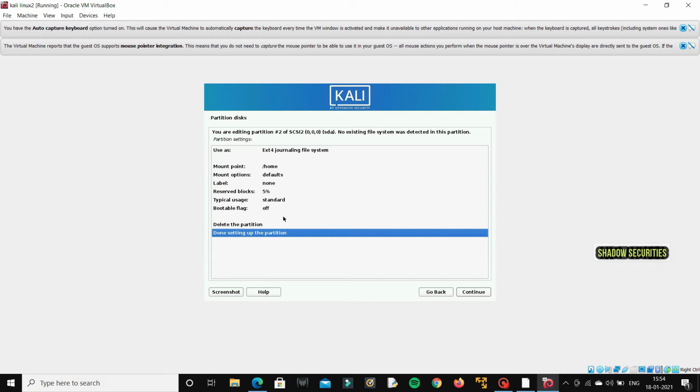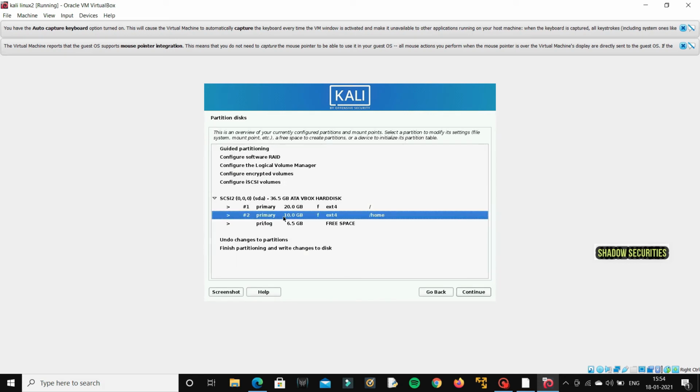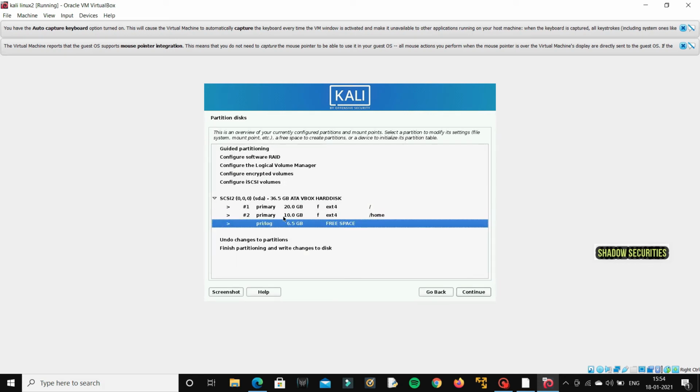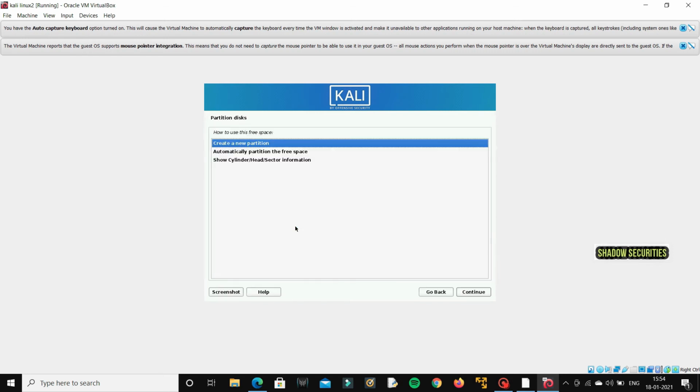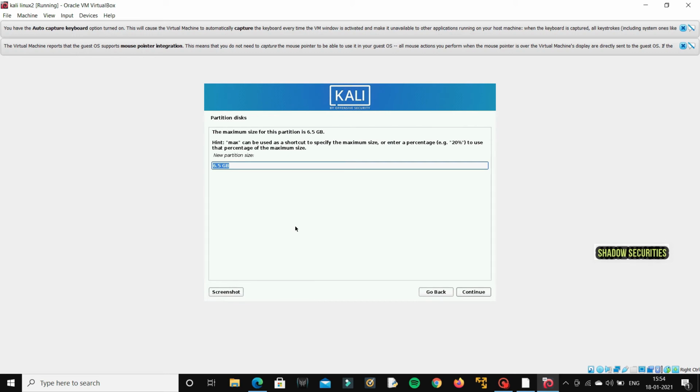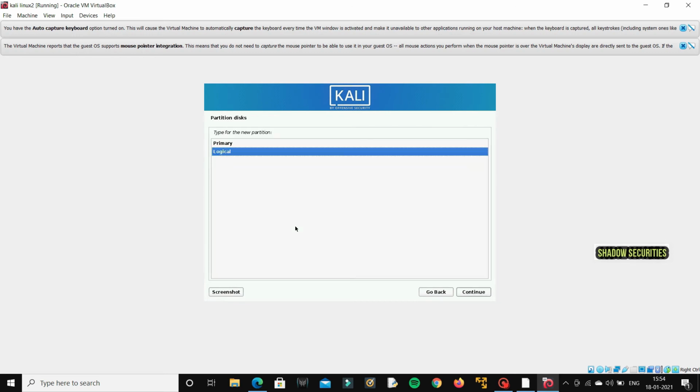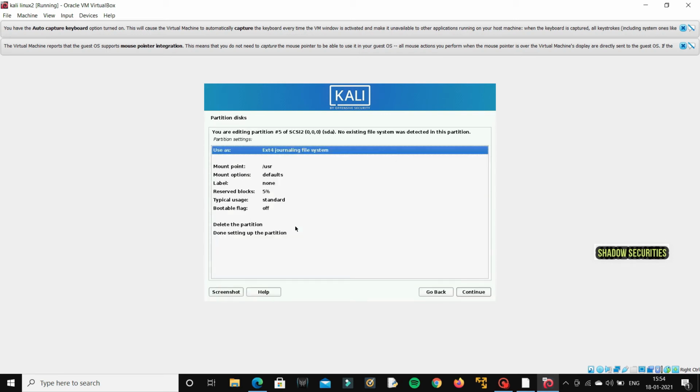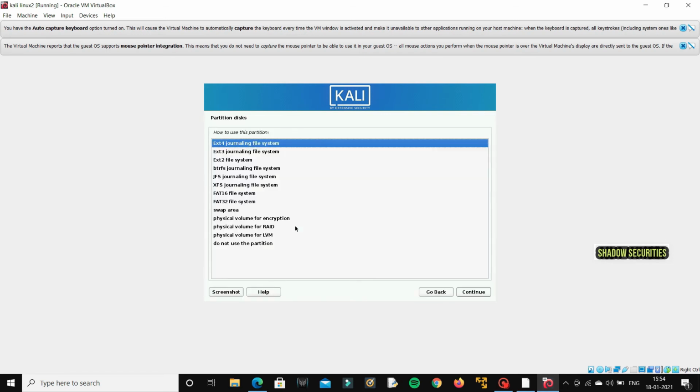So simply continue, and here you can see there is again 6.5 GB of free space available to me. So I'll give it to the swap area. What is swap area? Swap area is free space in a Linux machine which is used when the main OS is not allocating enough RAM to the virtual machine, which may crash.